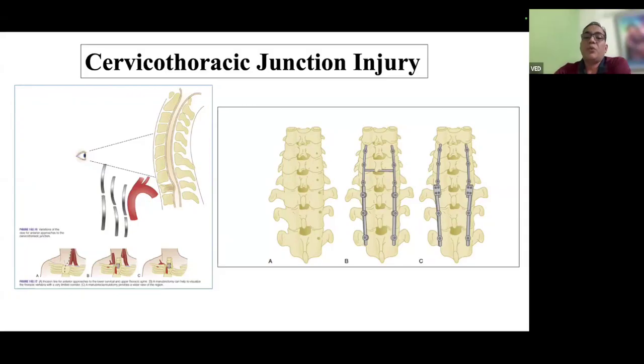Once we are going for posterior fusion, there will be a significant difference in the position of the cervical pedicle and thoracic pedicle, and the size of the screw will also be different. So we have to put a connector, a slide rod connector, from the cervical to the thoracic rod. This image depicts how the cervical lateral mass and C7 pedicle screws have been inserted, then the upper thoracic screw has been inserted and connected with the help of the connector.